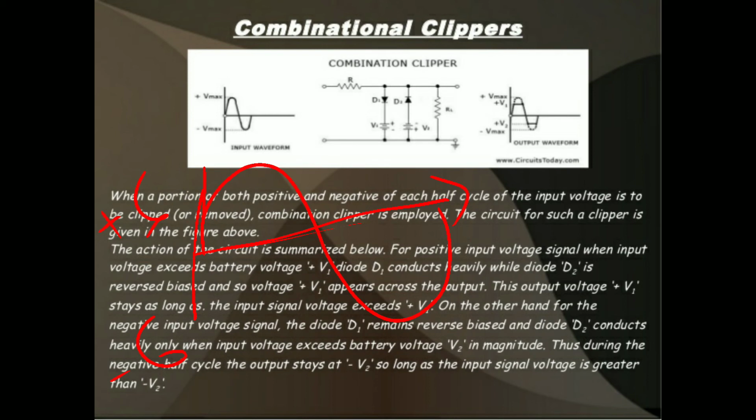While we are considering the positive peak clipper, the output will be at the negative side. While we are considering the negative peak clipper, the output will be at the positive side. Remember that. If you have an idea about those outputs, we can easily write the operations of the clippers. You can easily write what the outputs are from the positive series and negative series, and positive bias and negative bias. If you know the input and the output, we can easily write the operations.